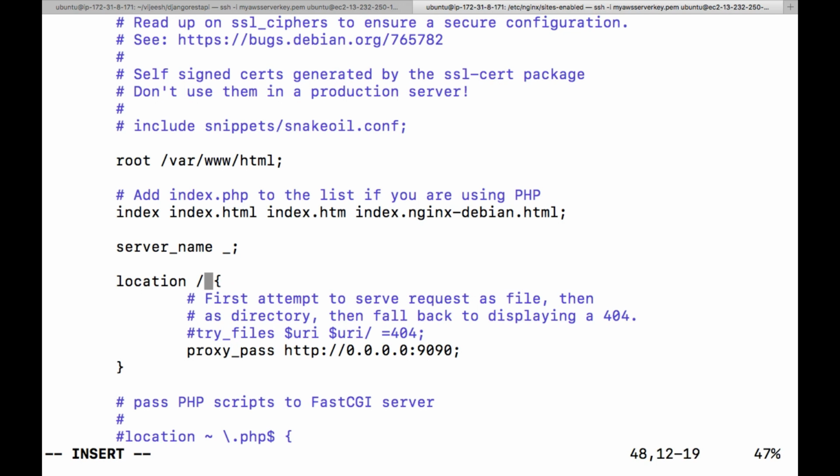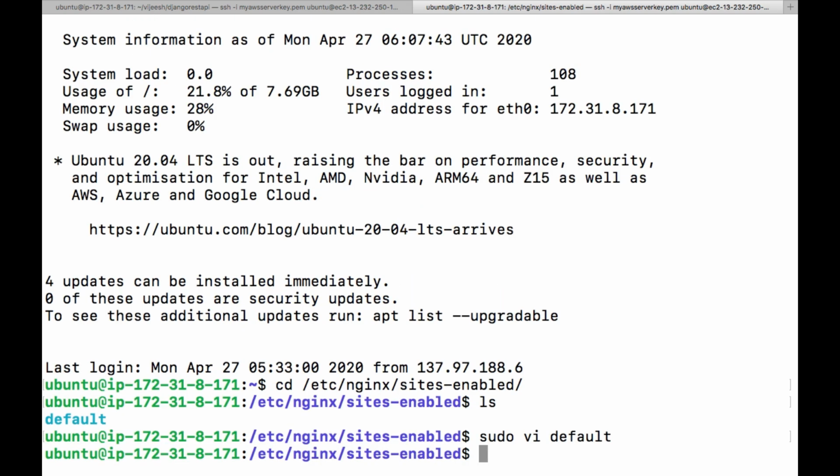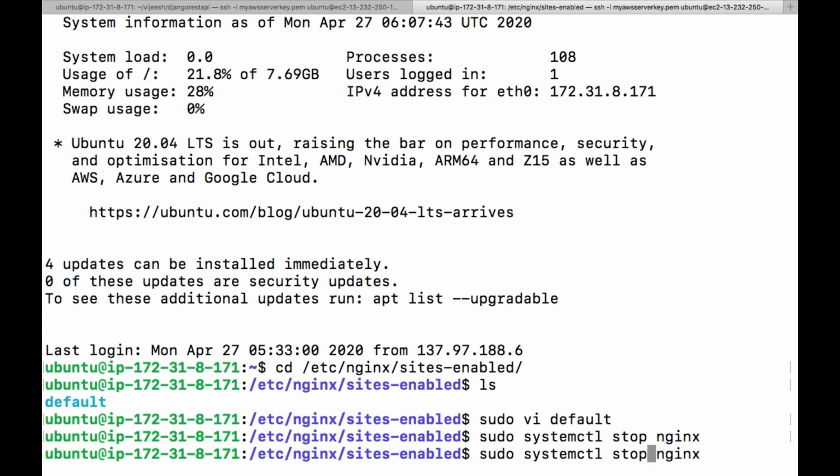For example, only app slash or whatever it is. So here, for static content at some location like that, we can do the configuration, with different URL patterns. For the time being, I'm just providing all the requests, that means slash, all the requests go to Gunicorn, and Gunicorn gets that from our Django project. Okay, now save it, escape, colon wq. After making the Nginx configuration, restart the server. I'm stopping and starting it again.